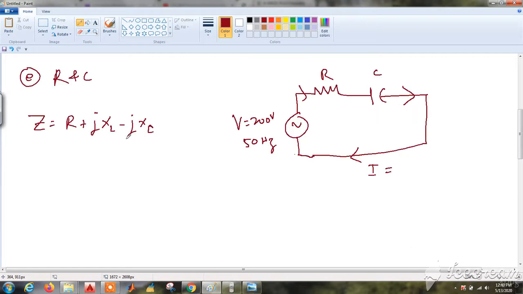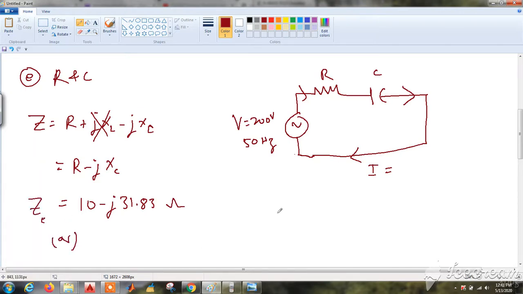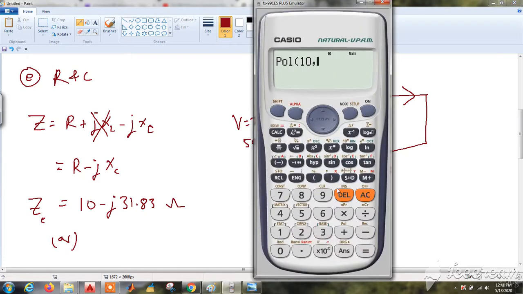Now first coming to the impedance, we know that only R and C are given, no inductive reactance is present, so impedance is R minus jXC. Therefore 10 minus j 31.83. 31.83 ohms is our impedance, or in phasor form we can write it as 33.36 at an angle of minus 72.55 degrees